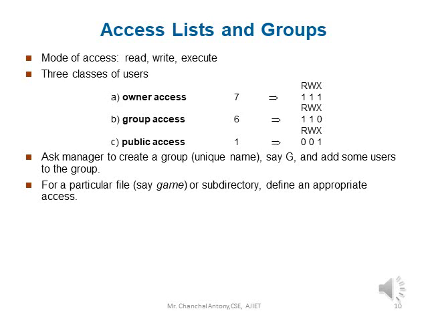Now, when a user requests access to a particular file, the operating system checks the access list associated with the file. If the user is listed for the requested access, the access is allowed. Otherwise, a protection violation occurs and the user job is denied access to the file. This approach has the advantage of enabling complex access methodologies, and the main problem with the access list is its length. If you want to allow everyone to read a file, we must list all users with read access.